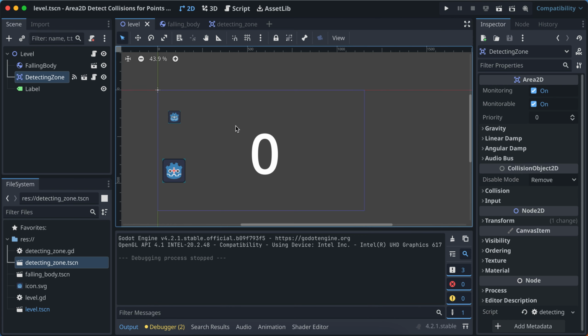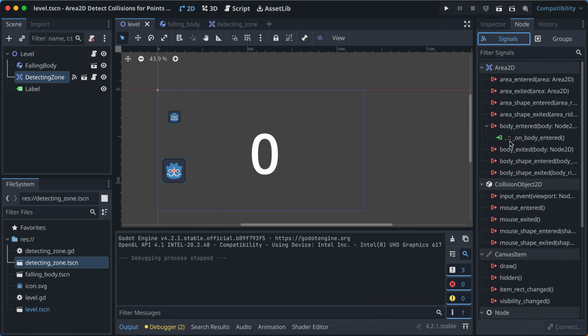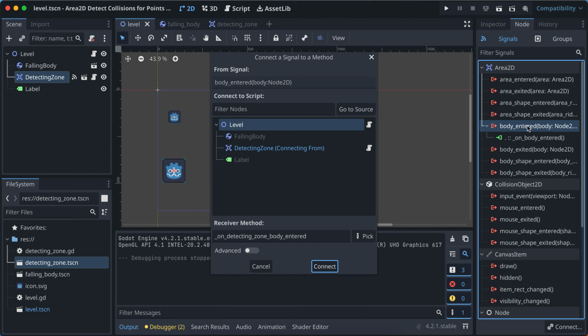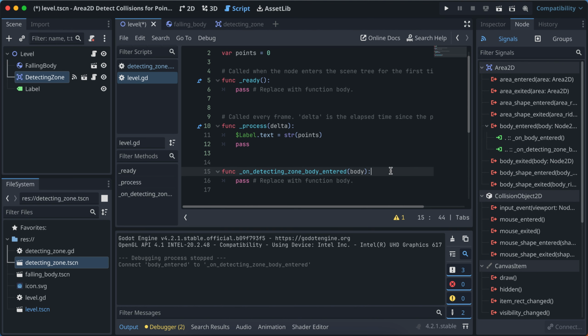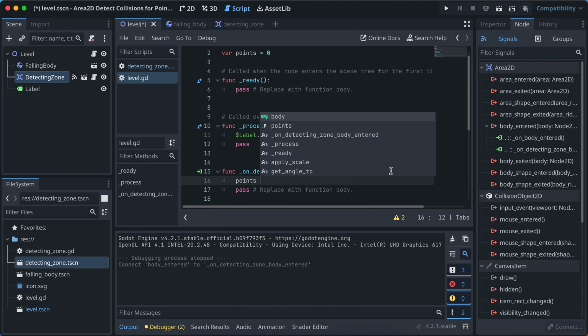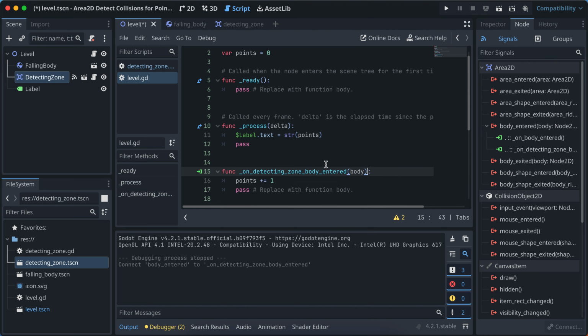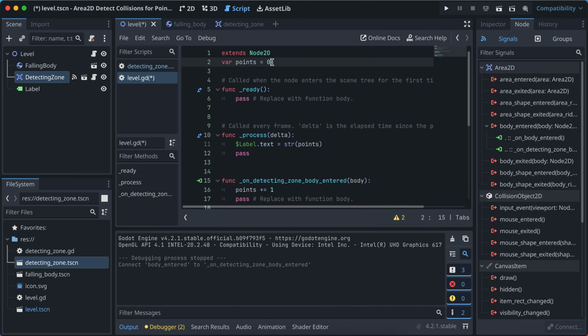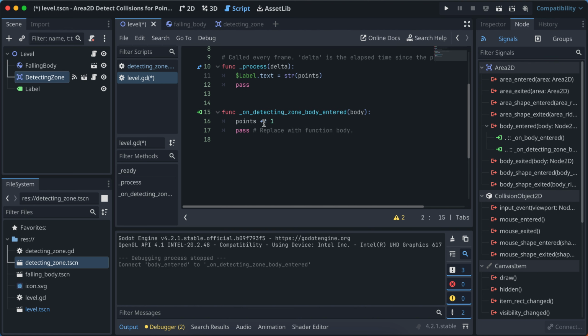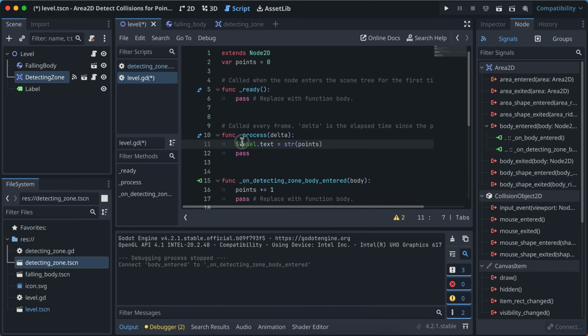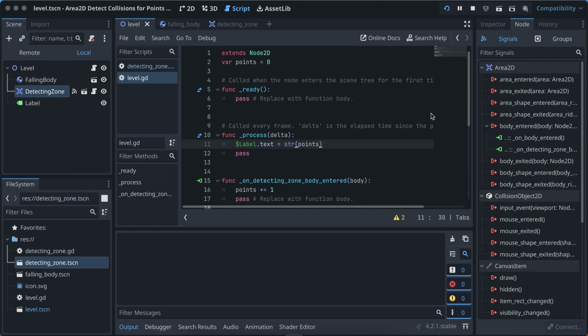So for the detecting zone, let's go back to the signals here. We already have this one signal set. But if we just double click on body entered again, and this time we connect the script to the level script, all we need to do is just add 1 to points. That's it. Because remember, points is defined up here as 0. And then if something collides, add 1 to points, and then at all times, meaning through the process function, show the label text to be equal to the points. So if points ever changes, we will see it immediately. And let's see. It should start as 0